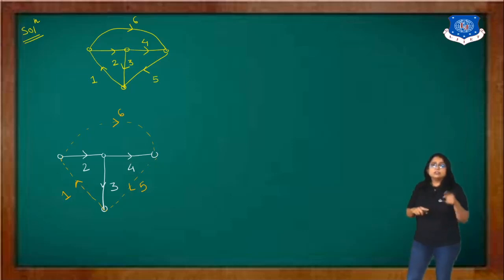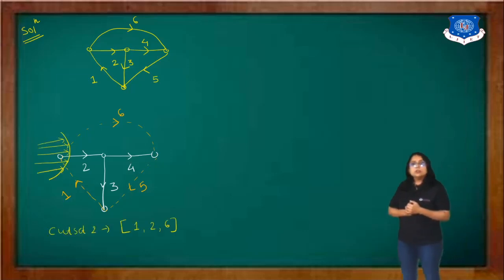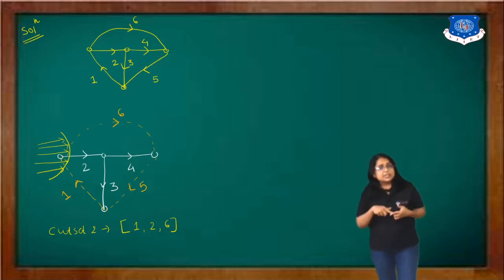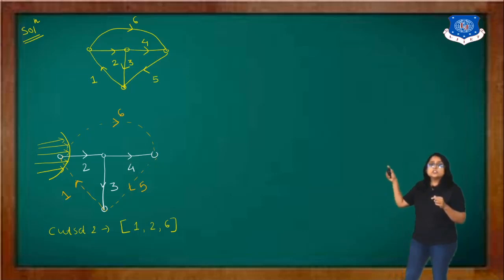Now if I cut the branch number 2, that is known as cut set 2, then this is the possibility. Okay, if I cut from the other end, then what will happen? It will cut 2, 3 and 4. That is not possible. Why? Because a cut set contains only one solid line. Now, the direction of the cut set is what? It's the same as the solid line direction.